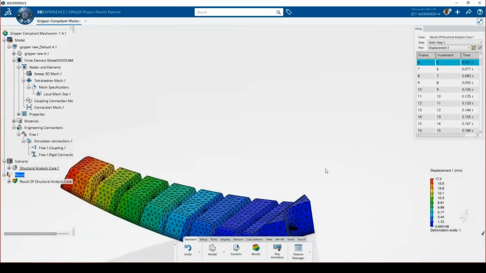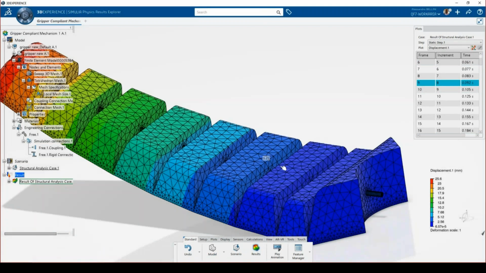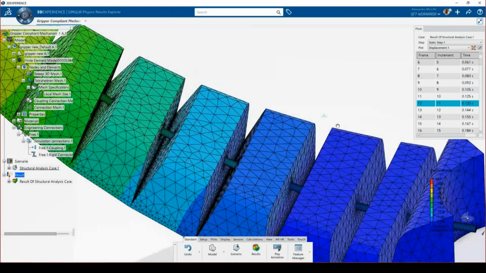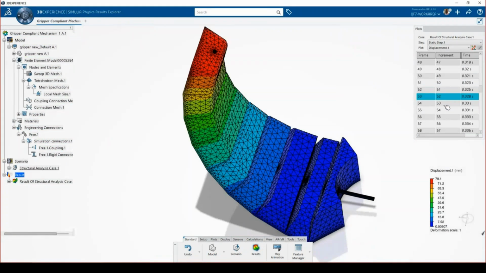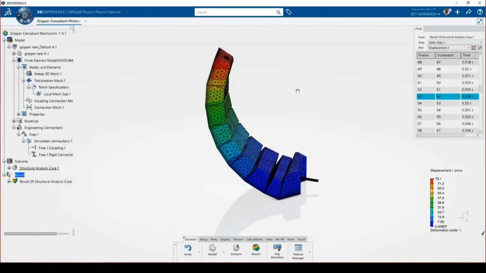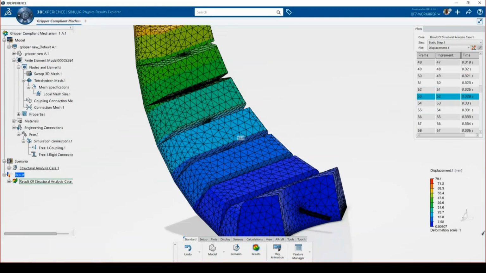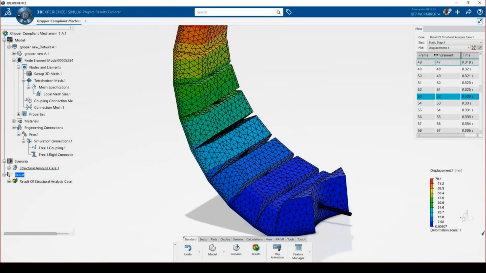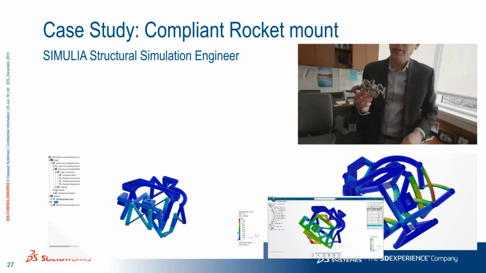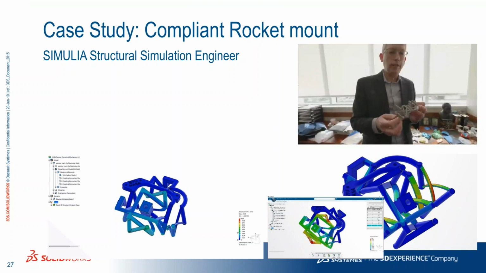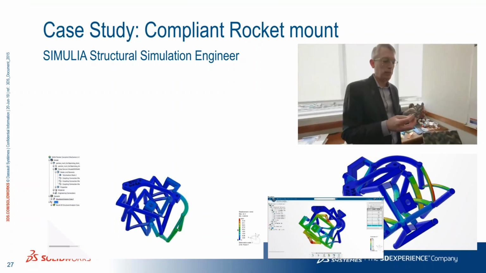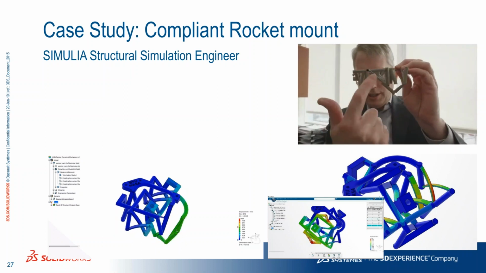Okay, so of course I can plot, I can check each node, I can check each instant. This is very powerful post-processing ability here. Okay, let's go on. Now for the last example, we are referring to this portion where the professor is showing